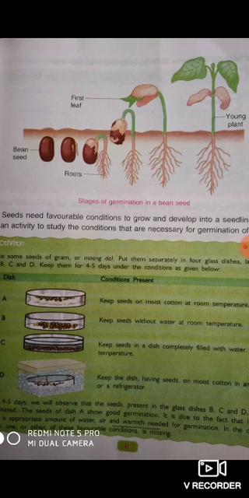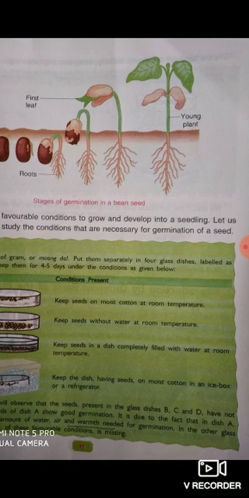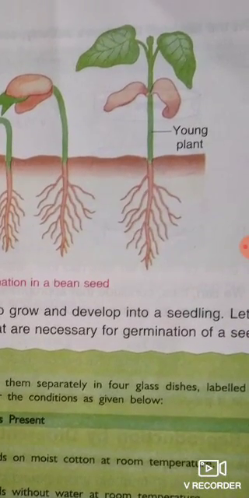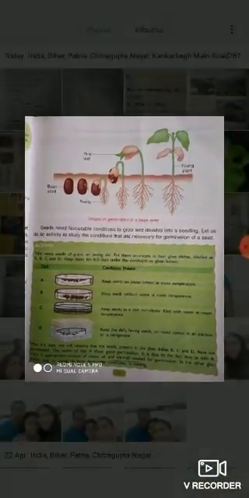And then what happens? The work of the cotyledon is finished. Now there is no use of the cotyledon. Now this first leaf will grow in the sunlight, and it can prepare its own food, because it is green in color and sunlight is there. Then it will start to make food for the plant, and then this plant will grow into a young plant. This is all about germination, and these are the stages of germination.